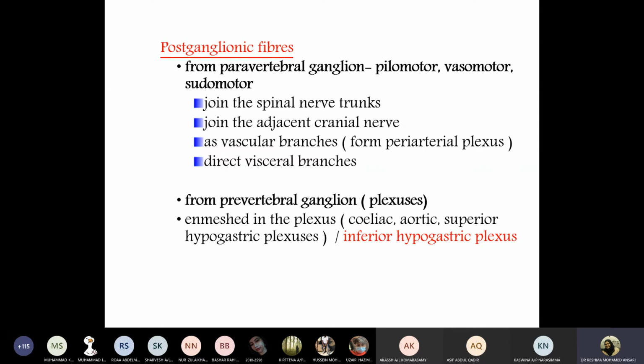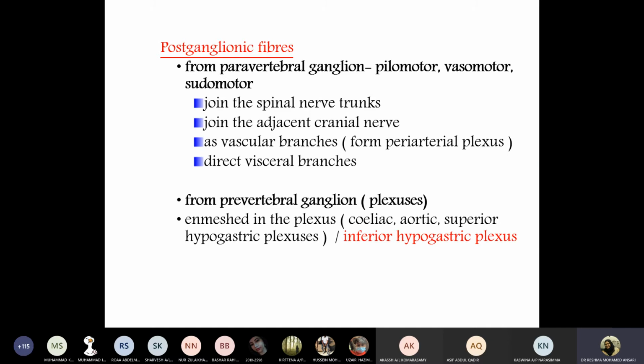Number three, they do not synapse in the paravertebral ganglia. They travel through ganglia which are nearer to an organ, synapse there, and then enter the organ. That is called the abdominopelvic splanchnic. The last and the fourth one is directly from the spinal cord, from the outflow, they will enter